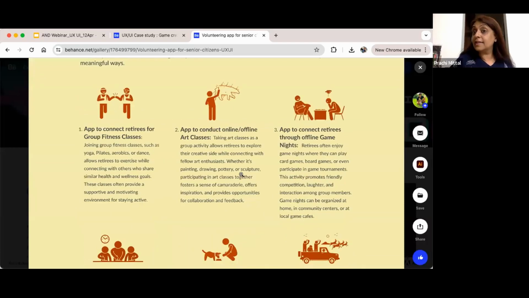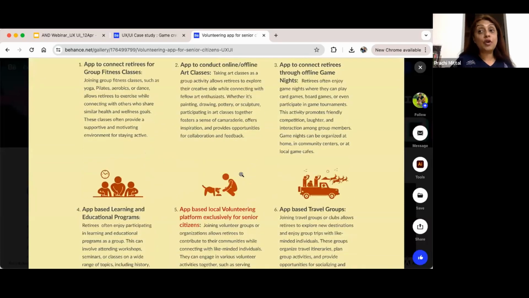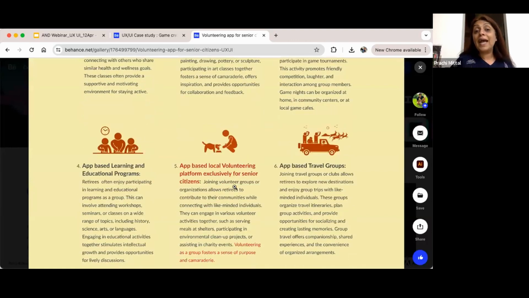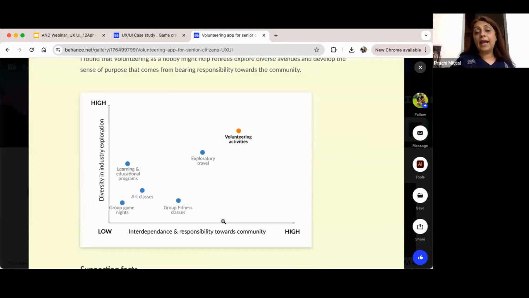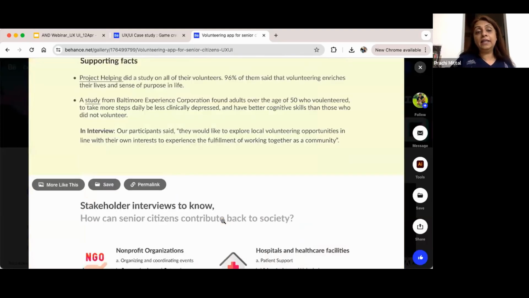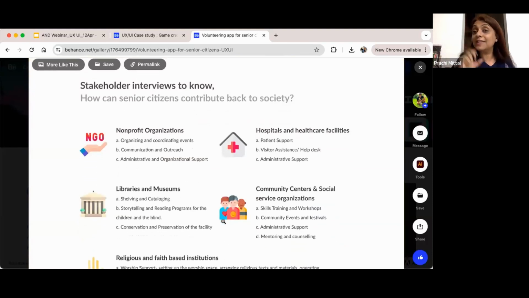Then there are methods and tools through which you analyze which might be the best solution. That is when he came up with the idea of an app-based local volunteering platform exclusively for senior citizens. Then he went on to understand the volunteering space better.